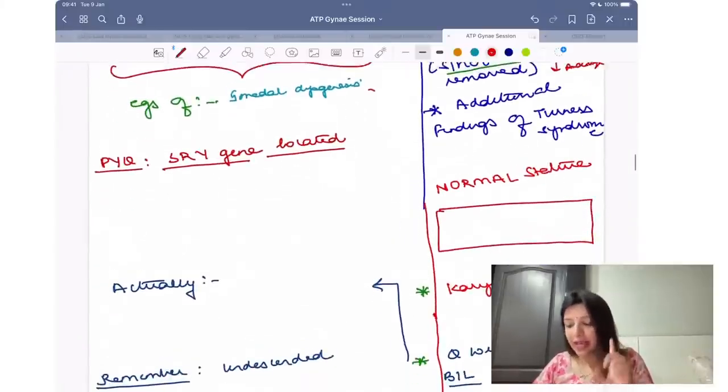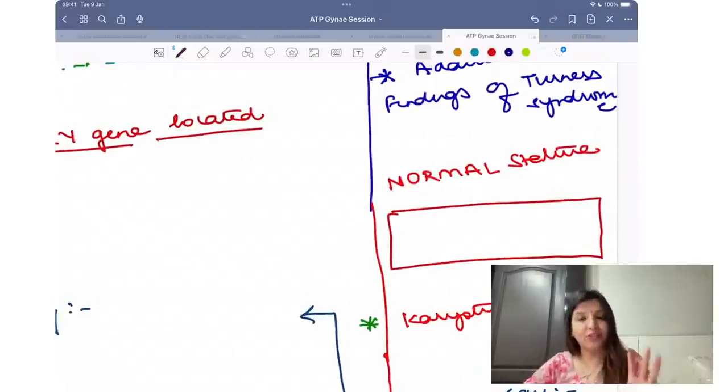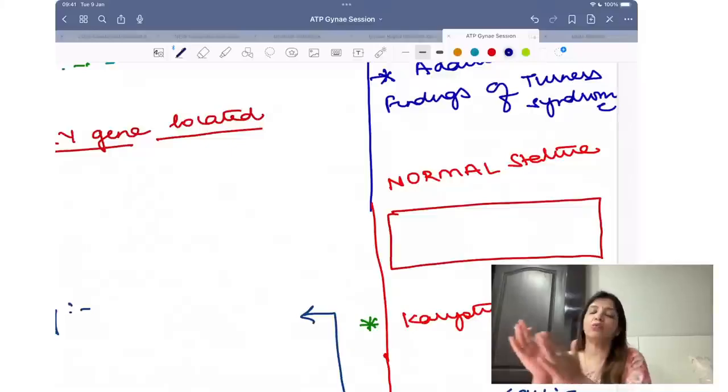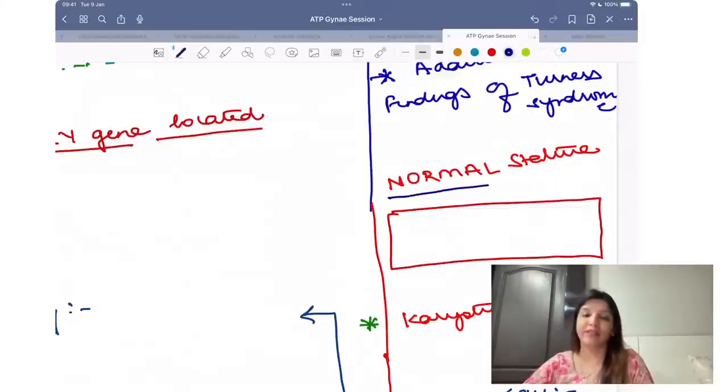Yes? Then if the same question comes and they say there is a female who has come to you with primary amenorrhea, uterus present. Now if the uterus is present, it could be cryptomenorrhea, it could be Kallmann syndrome, it could be Turner's and Swyer's. Now your question is saying breast development absent. As soon as the question says breast development absent, cryptomenorrhea is gone. Now I am thinking about Kallmann, Turner's, Swyer's. Okay? Further, your question says LH and FSH levels high. As soon as the question says LH, FSH high, I am thinking only about ovarian problems, which could be Turner's or Swyer's. Then the question said normal stature. Normal stature means Turner's out and Swyer's in.